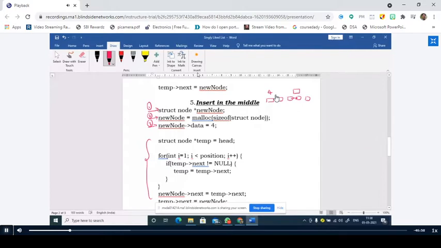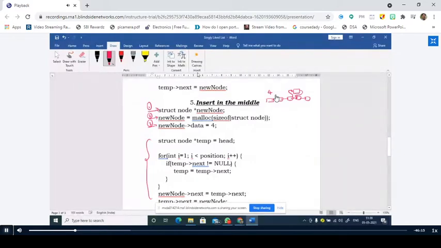So at this point, the first node is linked to the second node, linked to the third node, and the fourth node is linked to the fifth node. If the user wishes to insert the node at the fourth position, you have to first count the number of nodes. After first, second, third, since the user wants to insert at the fourth position, you have to create a space here, link the new node to the fourth node, and link the third node to the new node. This is how you have to follow this, right?